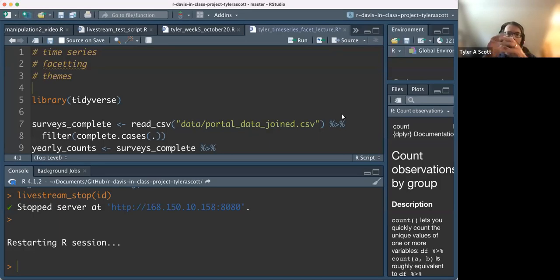Hello, everybody. So this is part two of the start to data visualization. Hopefully if you're watching this, you've already watched Liza's video, data visualization part one. We're working in the tidyverse, specifically ggplot, and Liza already showed you how to do scatter plots